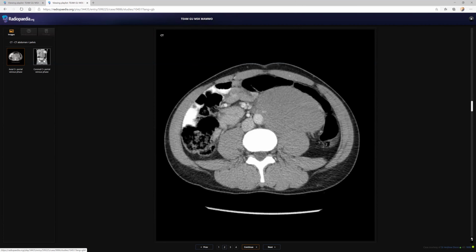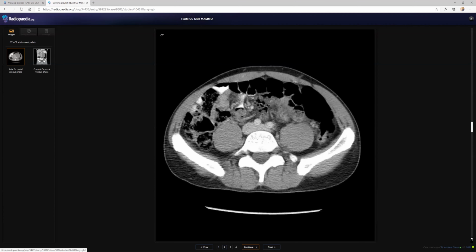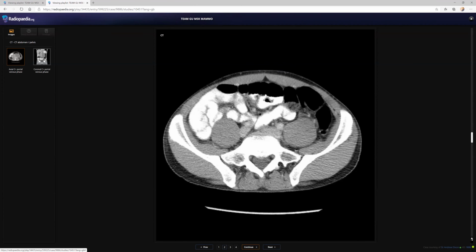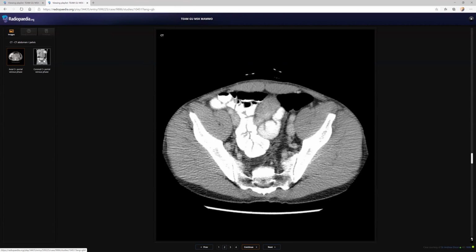Okay. So that's the CT exercises, portovenous phase. Abdomen shows a large soft tissue density mass lesion involving the retroperitoneum, which is displacing the aorta. I want to look for